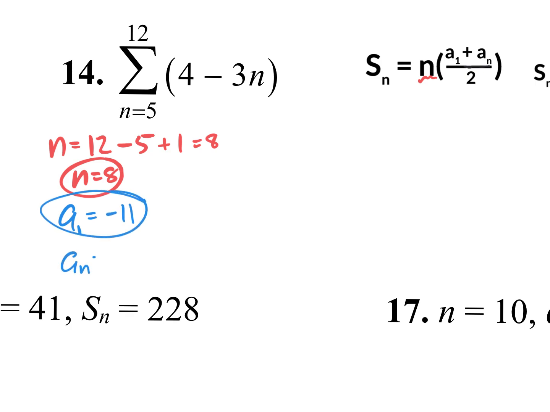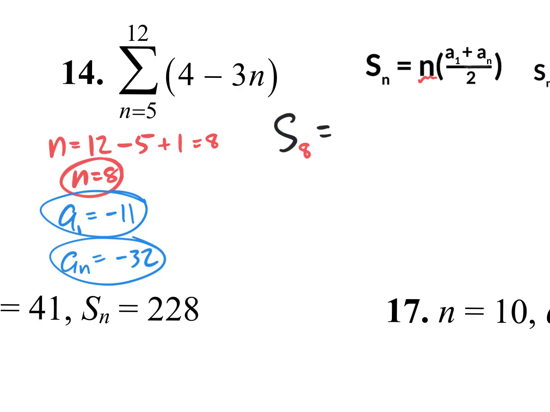A sub n is technically plugging in that last input, 12, right there. So 3 times 12 is 36. 4 take away 36 is negative 32. So now we have the 3 things that we need to find the summation, right? And let's use the summation formula. So here's the summation formula. It's S sub n, S sub 8,